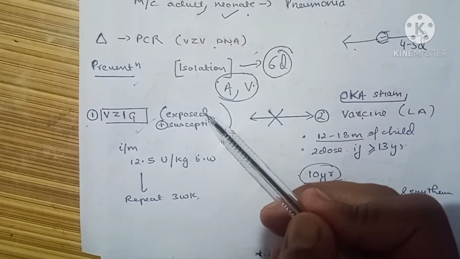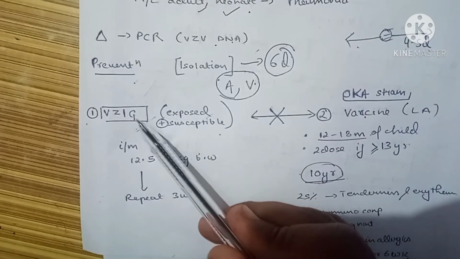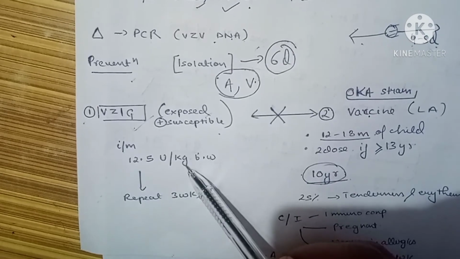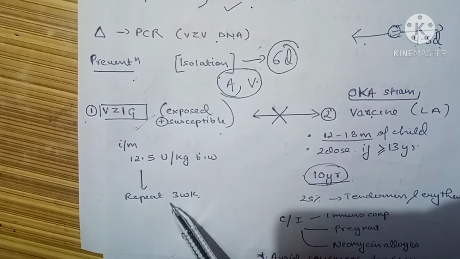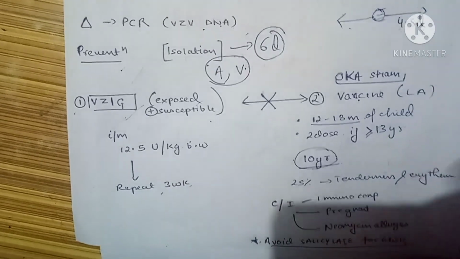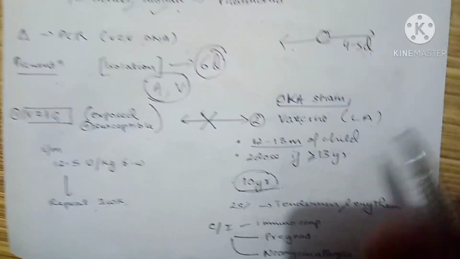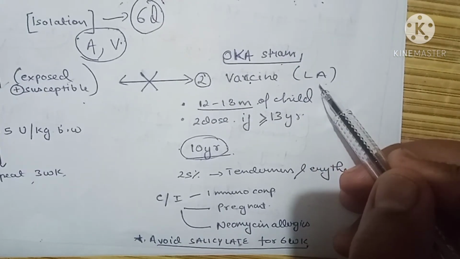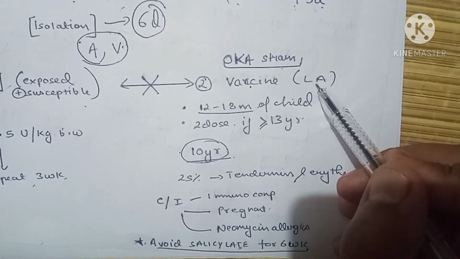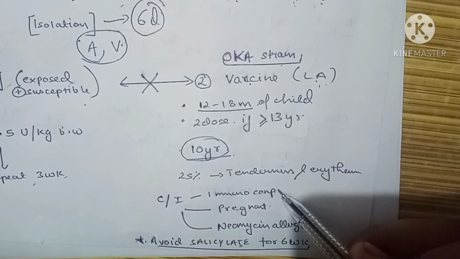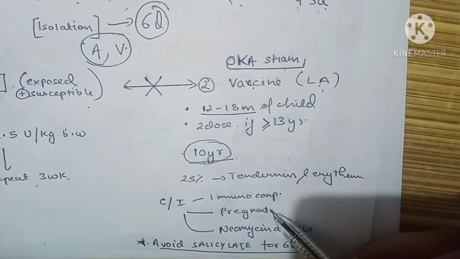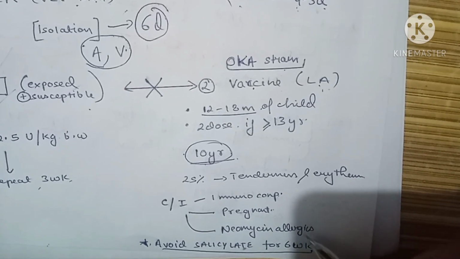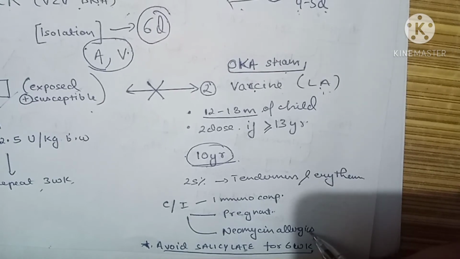So these patients, when exposed to chickenpox, need to be given varicella zoster immunoglobulin intramuscularly, 12.5 units per kg of body weight, and repeat this dose after 3 weeks. So this is the immunoglobulin that we use. Now the vaccine that we use in the case of chickenpox is the Oka strain, and this is a live attenuated vaccine. Since this is a live attenuated vaccine, it is contraindicated in immunocompromised and pregnant patients. Now also, because it is pre-treated with neomycin, it is also contraindicated in neomycin allergic